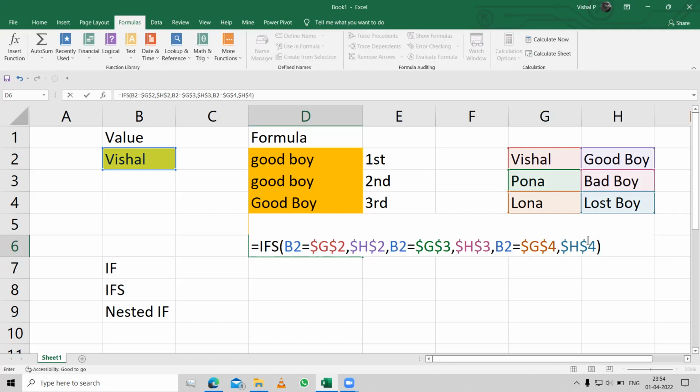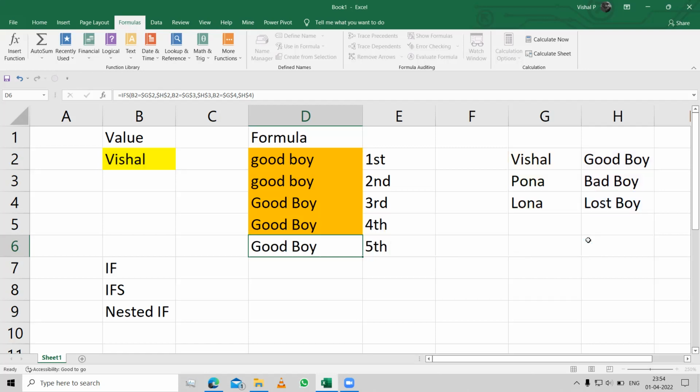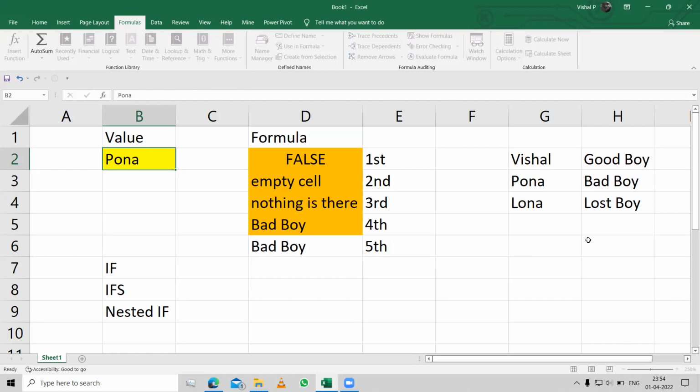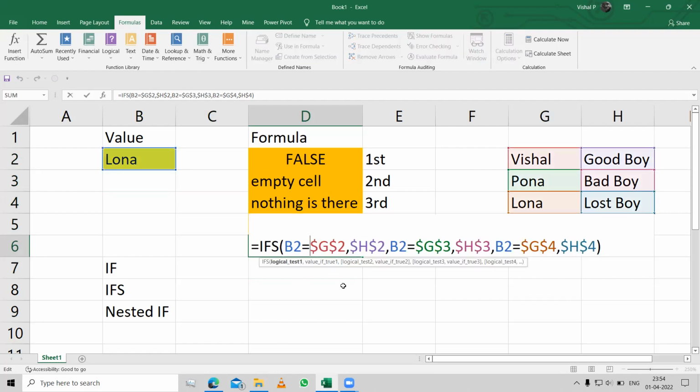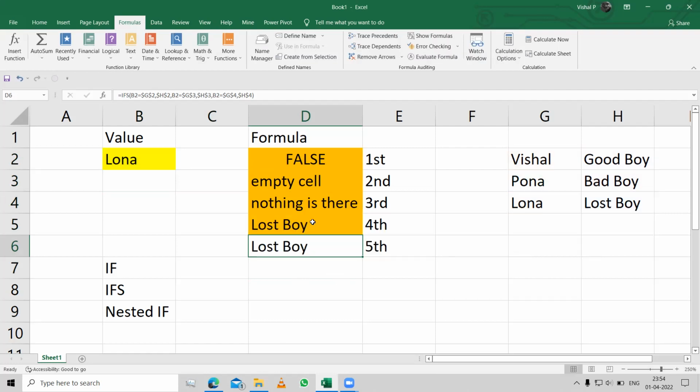So over here, again, what we have done is we are not describing a false value. We are assuming that it would be there, and it becomes easier to manage this IFS formula, because it is easier to approach rather than going for IF and adding the false value all the time. So there you go, good boy. And now if I add Luna, it changes the values accordingly. Right, so here's the formula once again for you. IFS nested